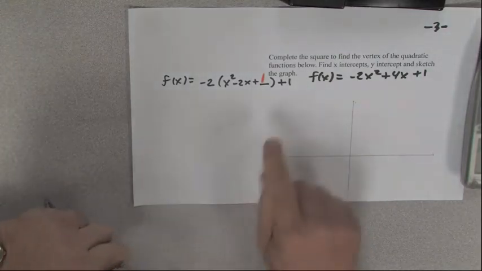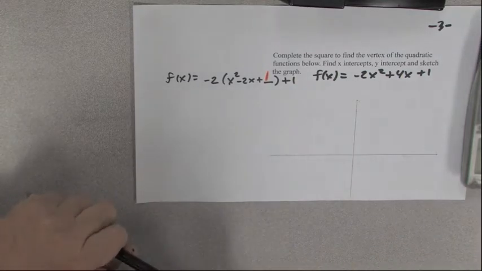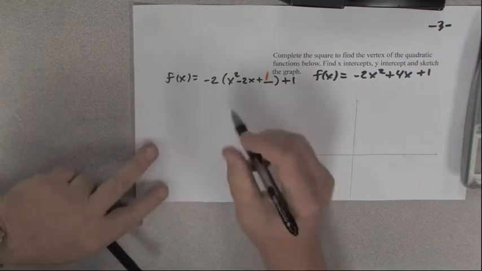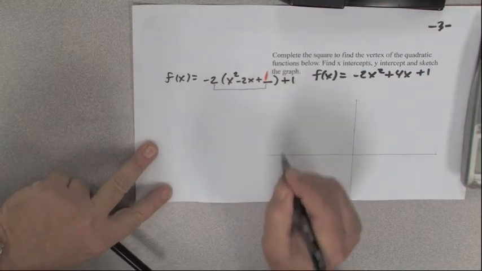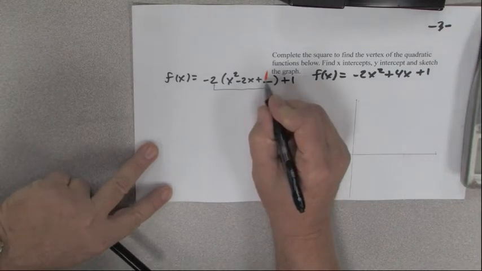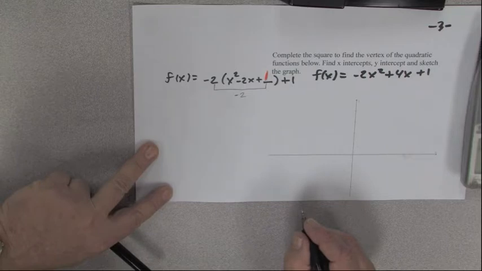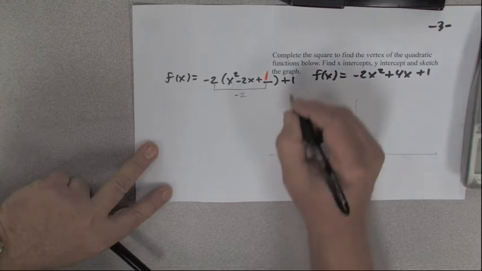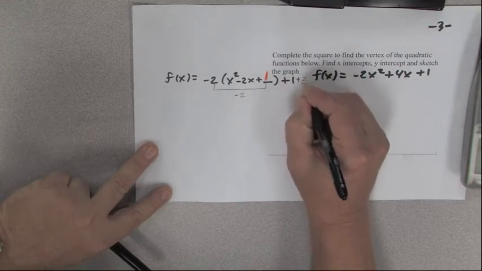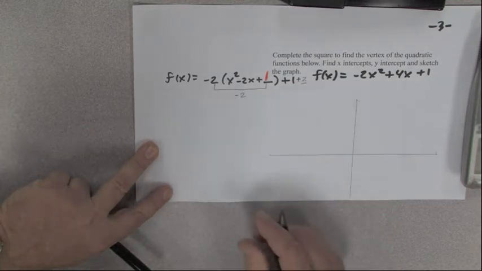Now another problem: we just subtracted 1 on the outside, but here we have a different problem. If you notice here, that 1 has to be multiplied by negative 2. So by adding the 1 on the inside, we really added a negative 2 to the right side. So we must compensate for that action. Compensating by adding negative 2, we're going to add plus 2 on the outside. So now we haven't done anything to change the problem. The problem is now